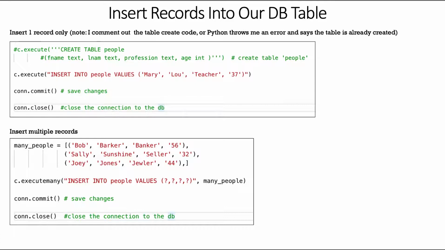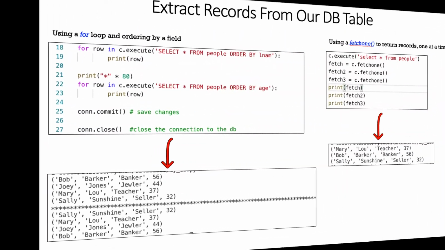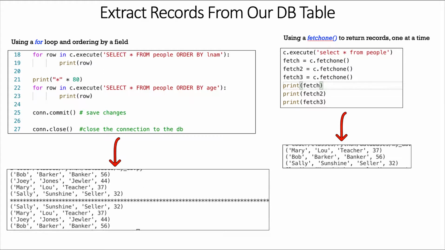I have a list of tuples that, again, correspond to those 4 fields through each tuple. And then I do an executemany using C. So insert into people, again our table, the values, question mark, question mark, question mark, question mark, as placeholders for each of the 4 values, and then comma, many_people, the list I'm taking in. Again, commit, close, you're done. That easy. Okay, so we've created our database, we've created our table,